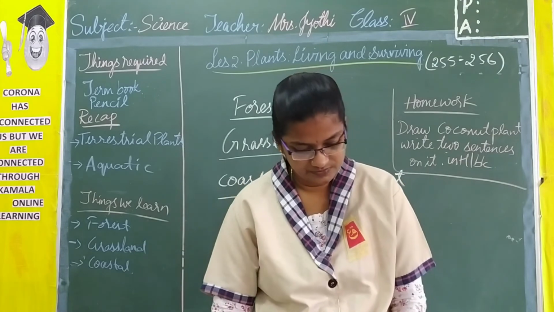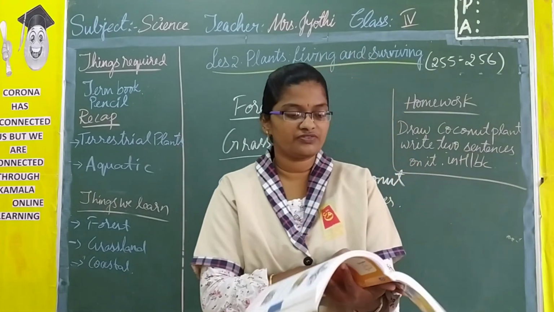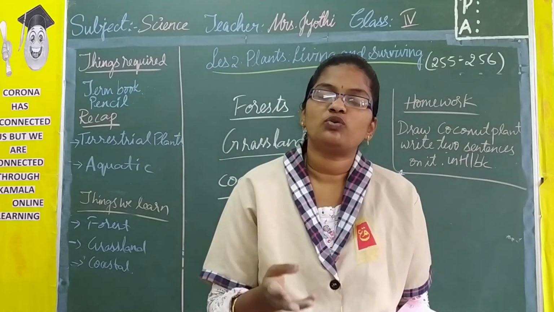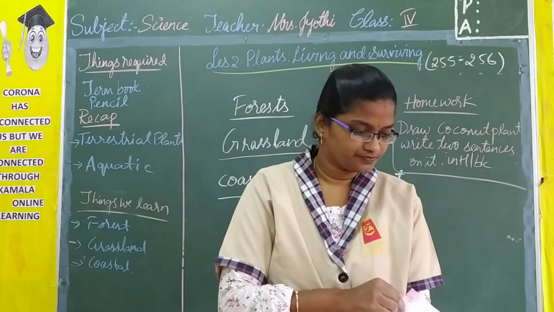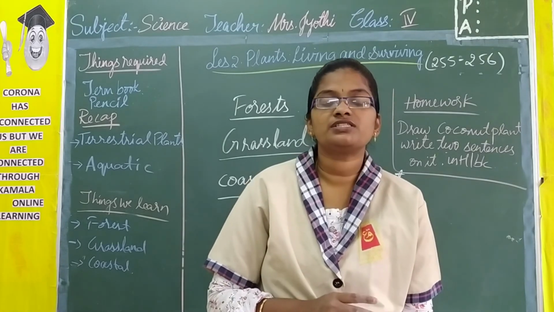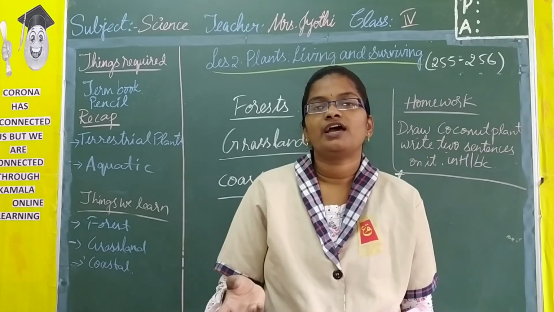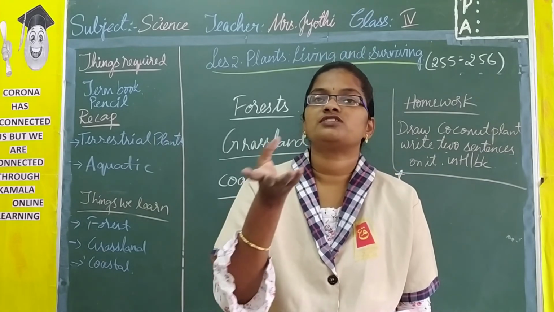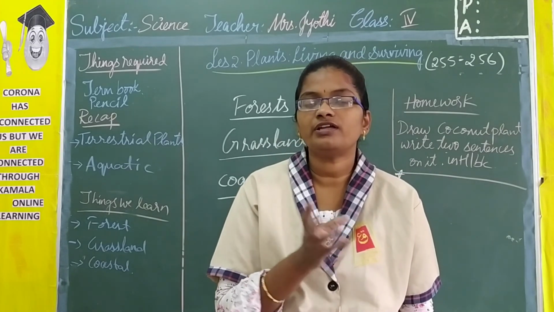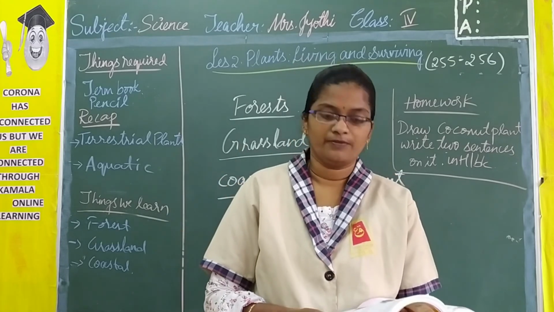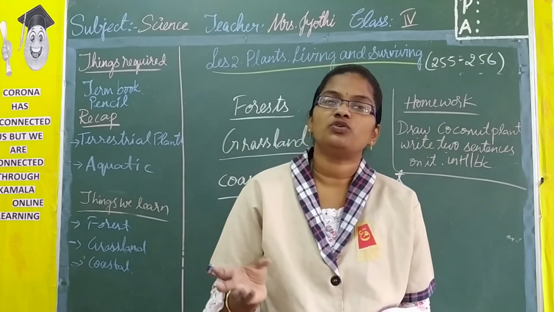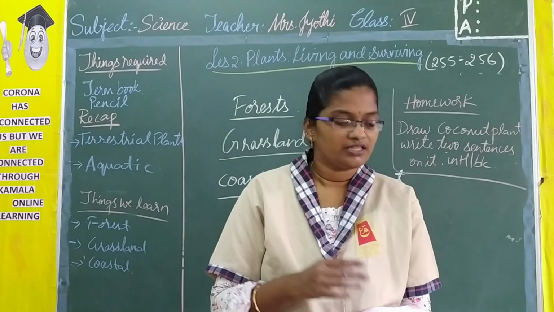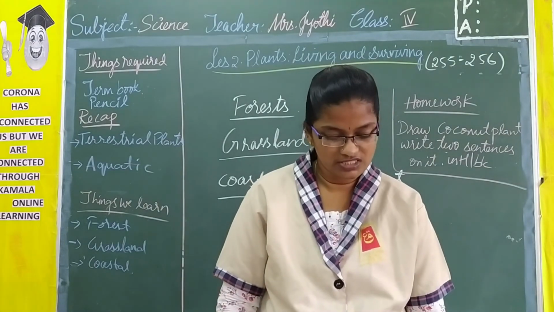Now these are the different types of plants which we have learned in terrestrial. Desert plants, then the plants which grow in mountains or hills, then we have learnt about marshes, the plants which grow in clayey soil, and we have learnt about the plants which grow in plains. In plains again 2 types: which have average, moderate rainfall and which have very heavy rainfall. Then we have learnt about plants which grow in forest. We have learnt about plants which grow in grasslands. Then we have learnt about plants which grow in coastal areas.